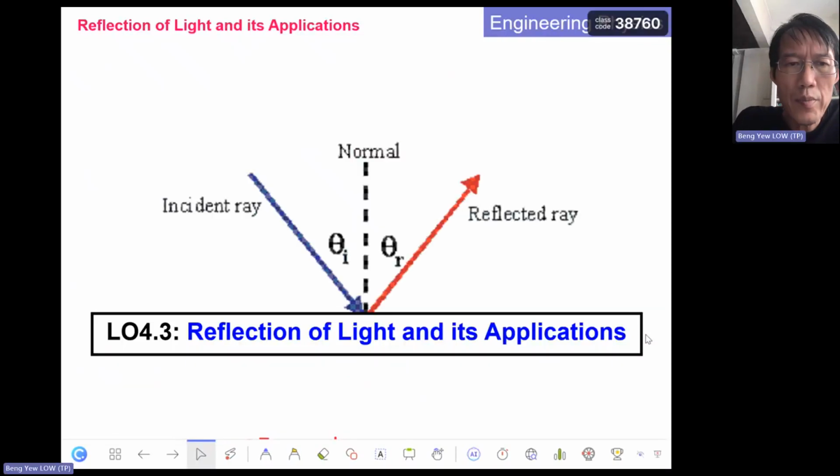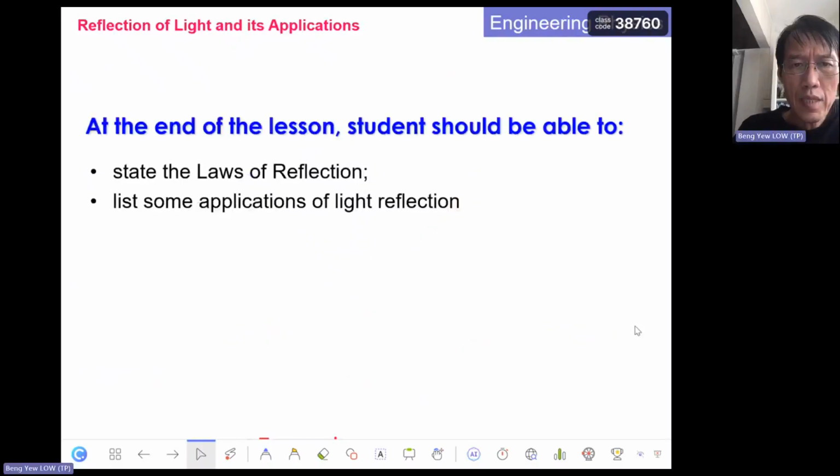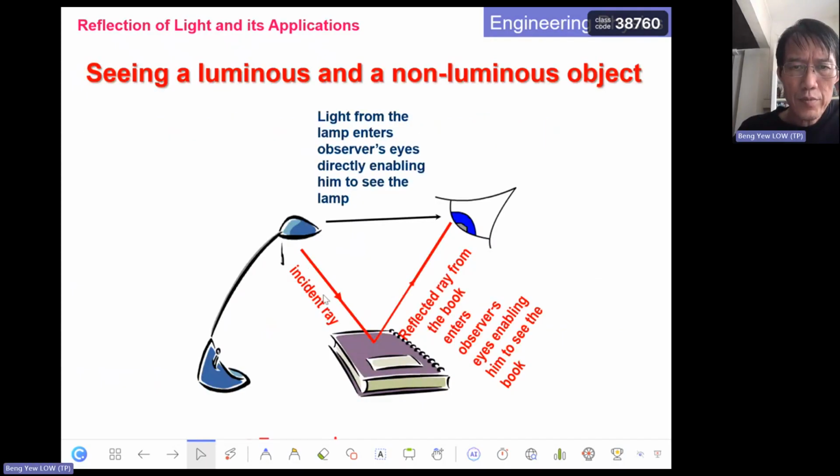In this video, we'll learn about light reflection. At the end of the lesson, students should be able to state the laws of reflection and list some applications of light reflection. Light that is reflected from a non-luminous object enables us to see the object when the light